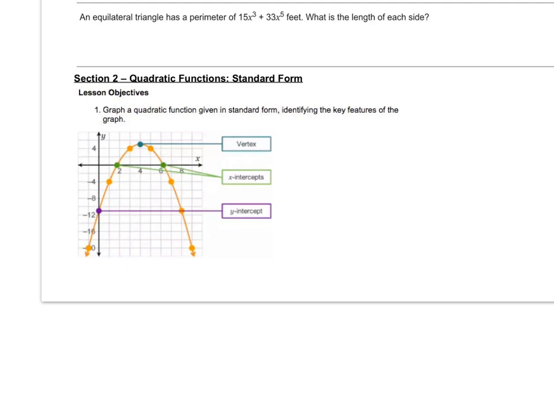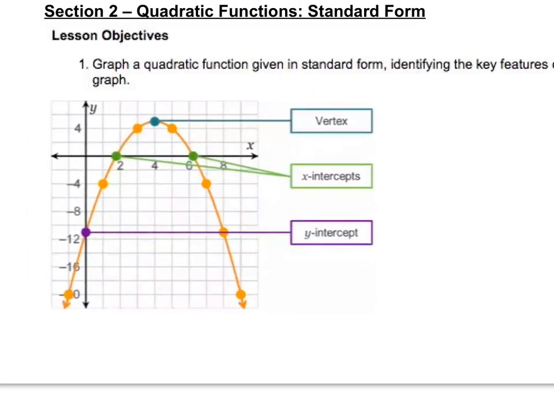This is section 2, and this is a section about the standard form of a quadratic function. We want to be able to graph a quadratic function given in standard form, identifying key features of the graph. There are a few things that are very important here that we can find given any equation